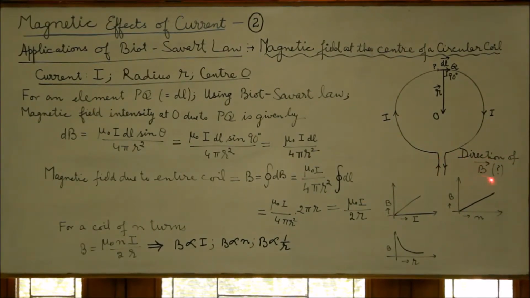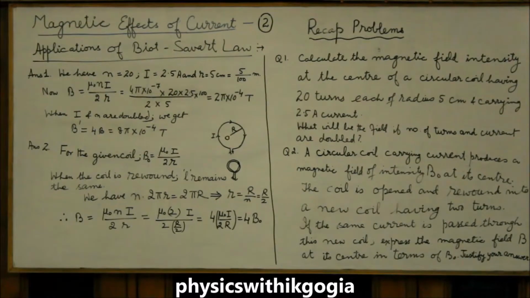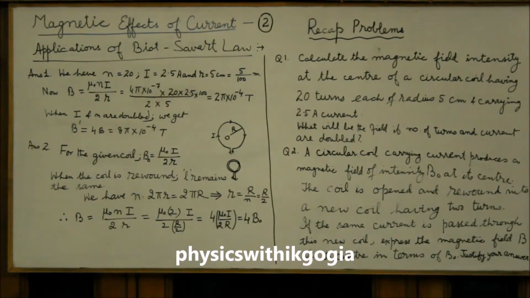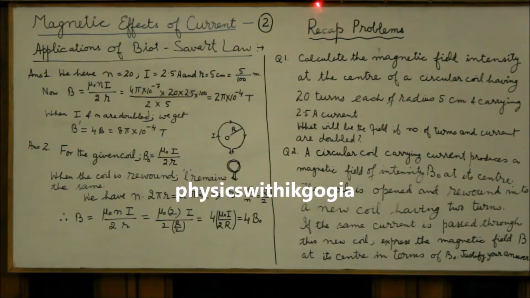The direction of the magnetic field is given by Ampere's right hand rule, that is, if you use your right hand with the fingers curling along the current, then the thumb will point away from the reader, that is towards the whiteboard, that is the field will be directed into the board. Let's now study a few numerical problems to recap what we have studied in this article.